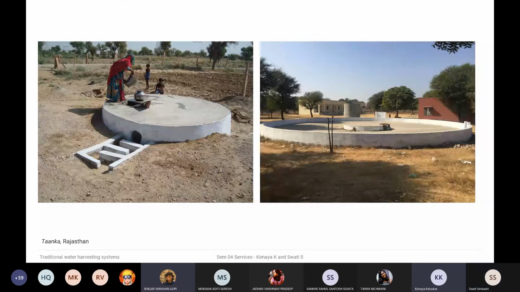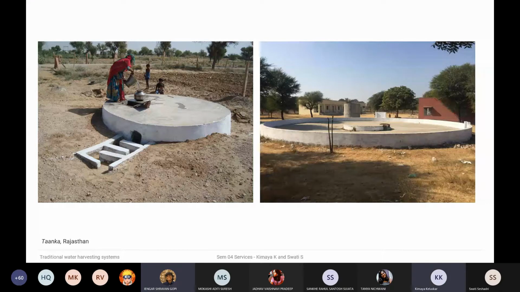Swati, you mentioned something about the water being potable because of the silt catcher. Yes, this water they try and use for drinking water. At least initially it was being used for drinking water. This was the only source of potable water for them. So it's not like regular rainwater harvesting where it's just used for flushing. You can actually use this, if not for drinking, then at least for hand washing purposes.